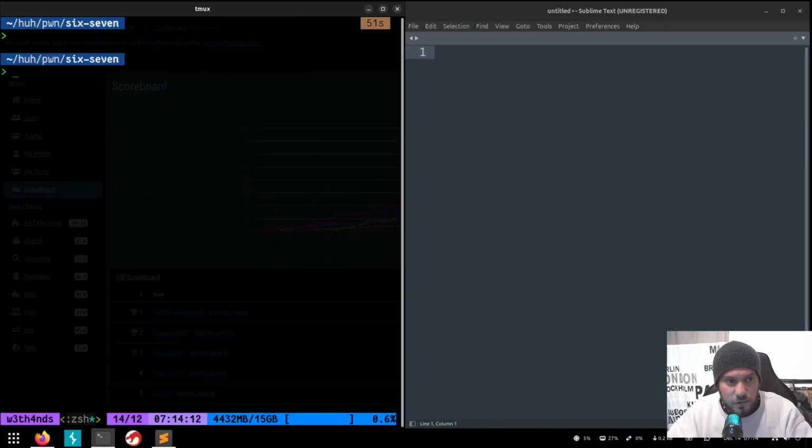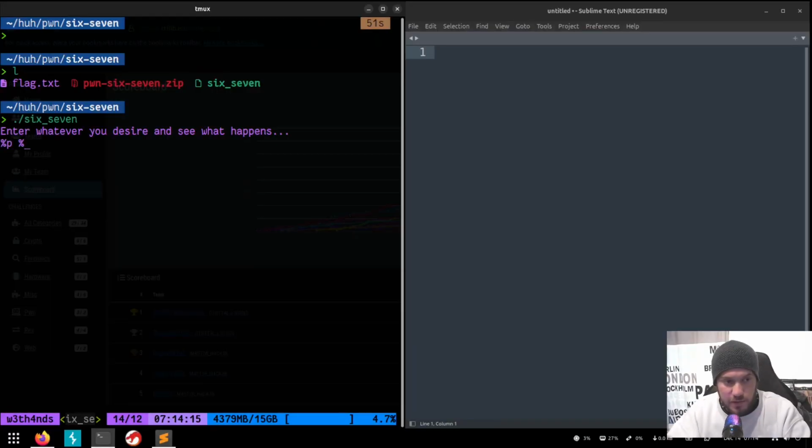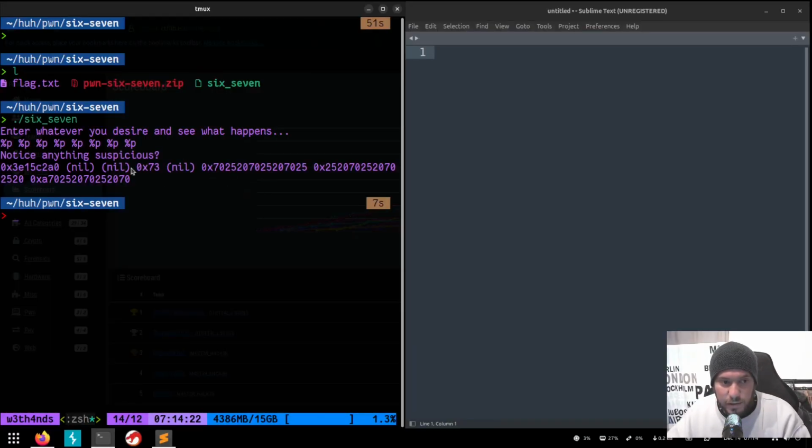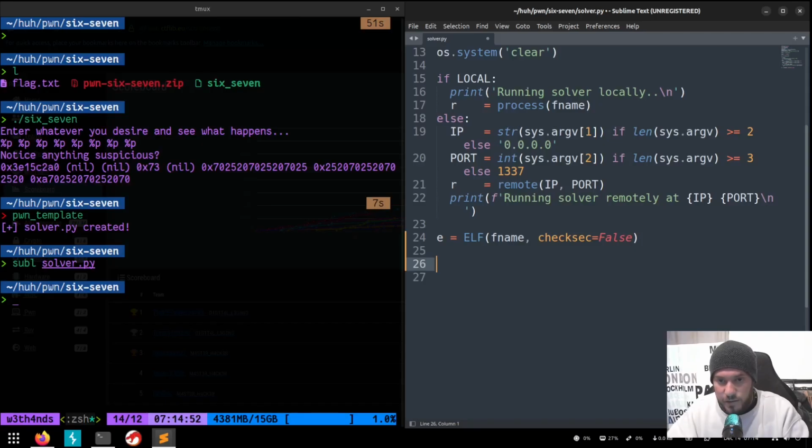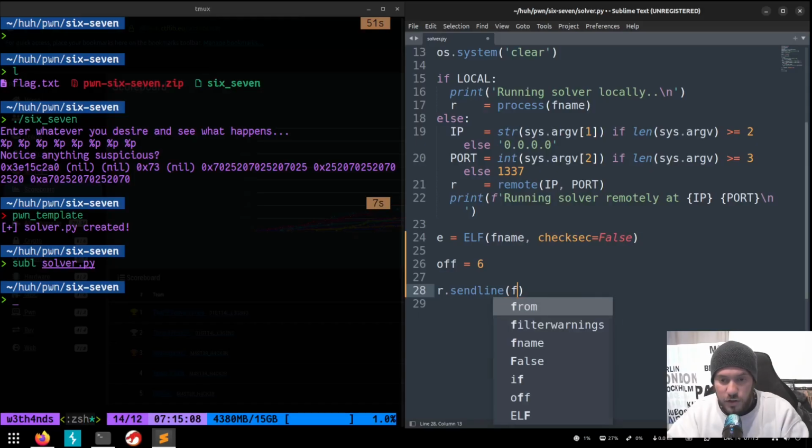So what we're missing right here is the offset. Run the program, and that's %p, and we see we start overwriting at this 1, 2, 3, 4, 5, and 6 on template 6-7. So we know that the position we overwrite is 6. So let's say the offset is 6, and what we actually want to do is r.sendline, and we're going to use from pwntools the